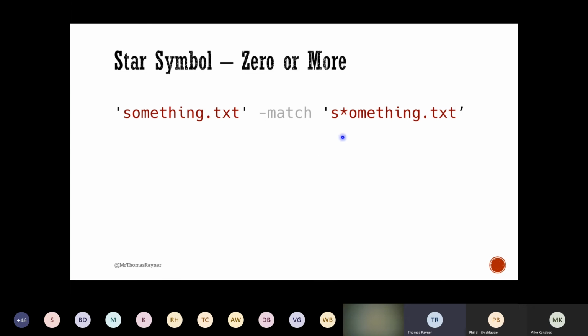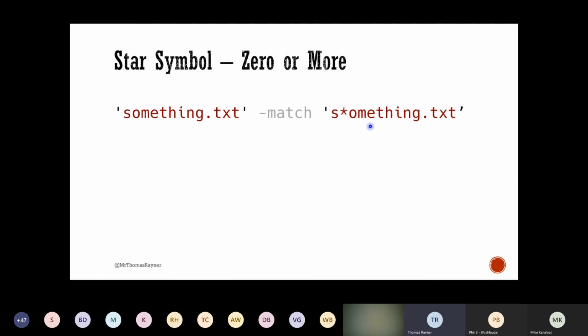And so if this was just a wildcard, this would technically, actually, no, this would be true still, because the absence of something is still okay with the wildcard. But the star has a different meaning in a regular expression. A quantifier, all of them, the star included, apply to whatever comes immediately before them, and are used to denote how many of the thing that comes before them you're looking for in your pattern.